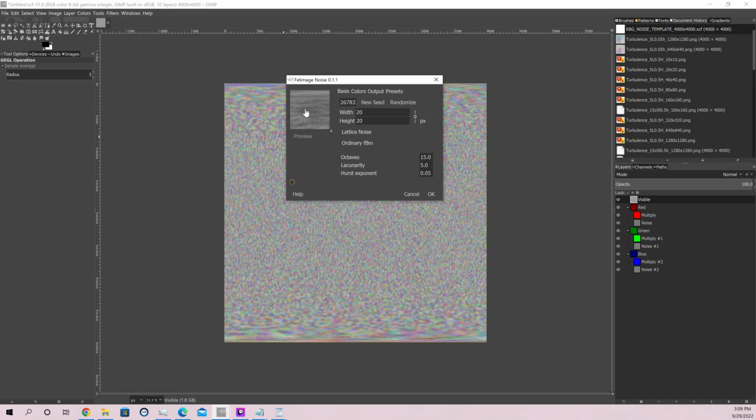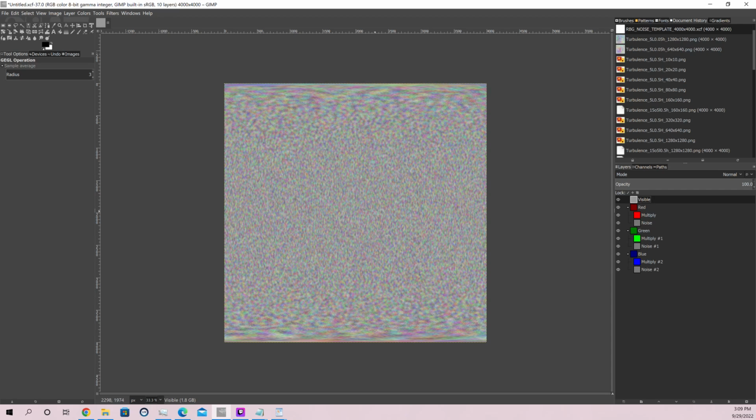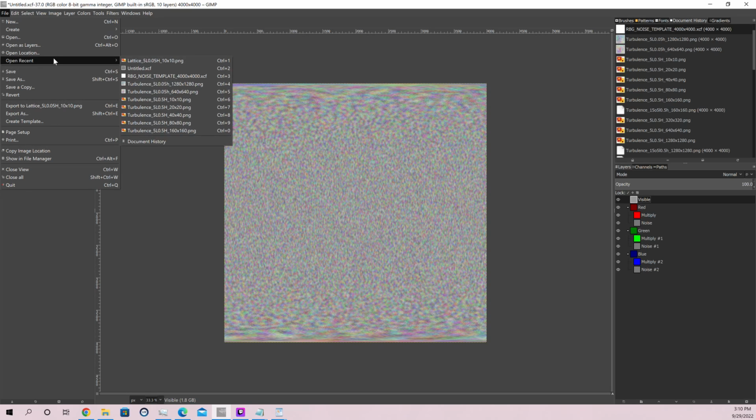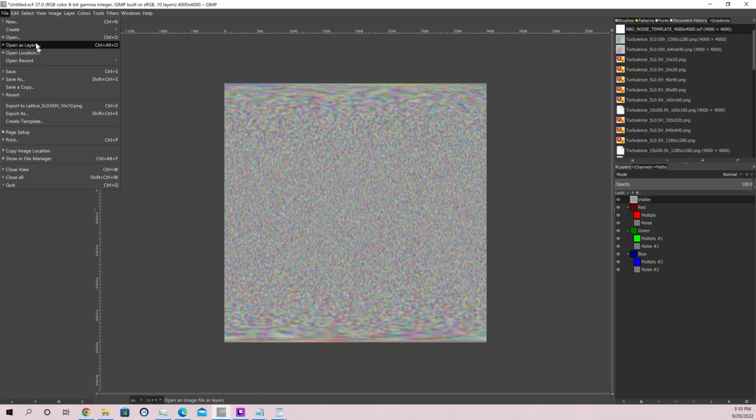So the next one I did would be 20 by 20. But that would be kind of redundant for me to go through this whole process again. So what I really want to show you is the last part. The last thing you need to do with these files. And normally I do this after I've rendered all the files I want. It can't always be all the files, but you do need to remember how you did this, and I'll show you. So when you're all done and you want to finish these off,